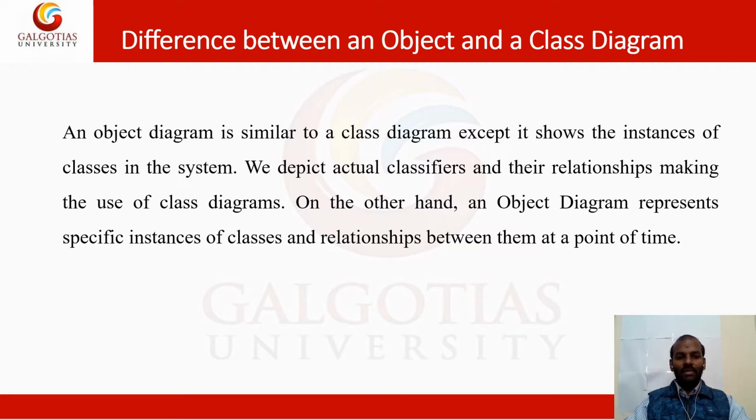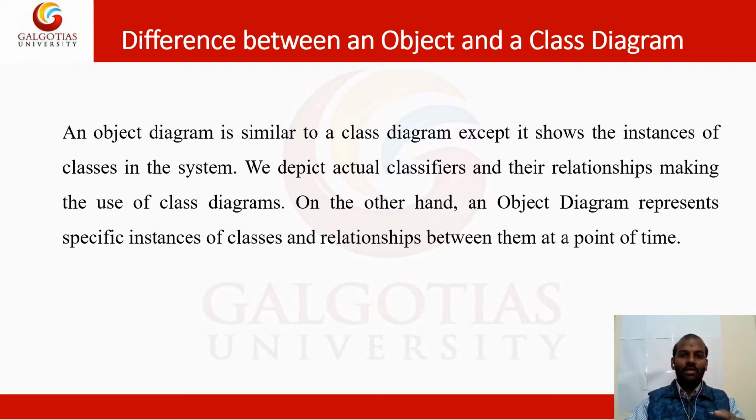An object diagram is similar to a class diagram, except it shows the instance of the class in the system. An instance of the class means, for example, that I am doing a transaction, either giving cash, or initiating it with a debit card or a credit card. At that time I am creating an instance of an object. Through my bank I am paying the merchant. So this is an instance of creating an object, a situation where the object should be created at that instant moment.